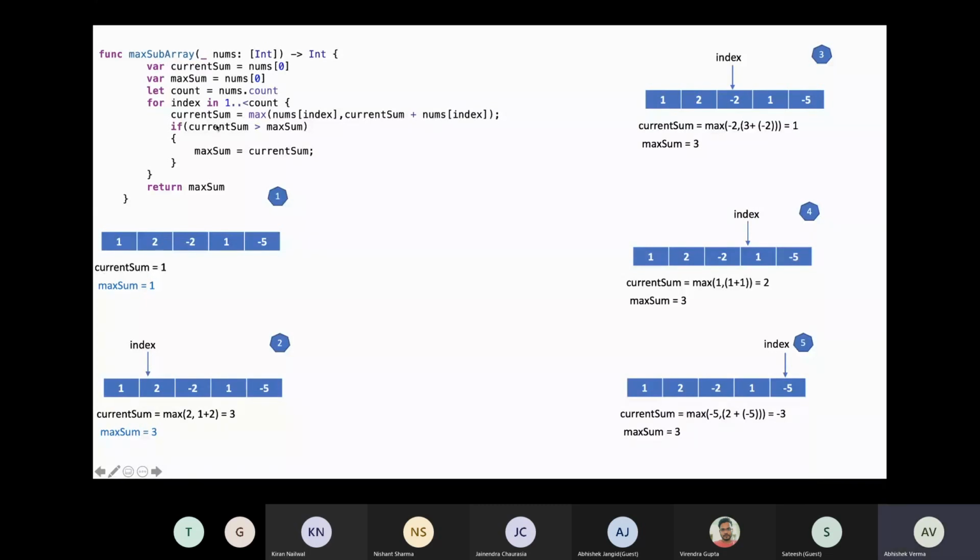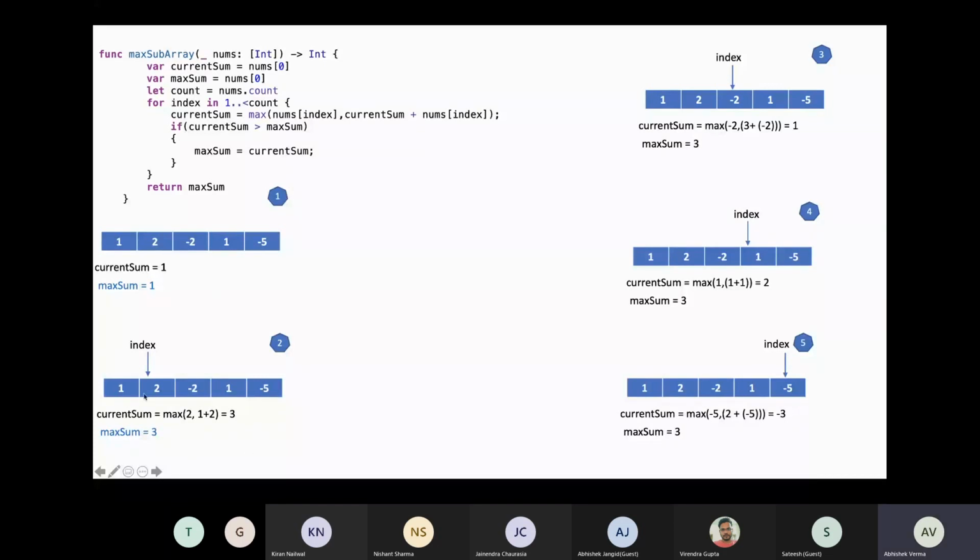Current sum is equal to max of num index, which is 2, and current sum plus num index, which is 1 plus 2 equals 3. So the maximum of 2 and 3 is assigned to current sum. Now my current sum becomes 3.